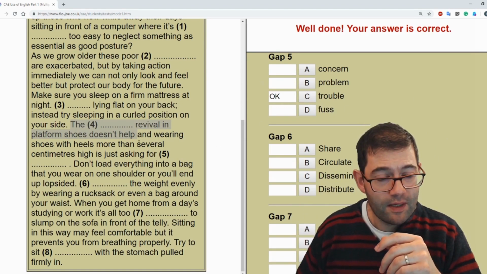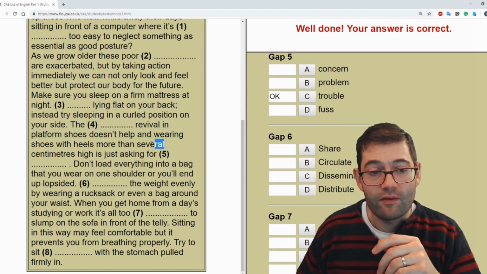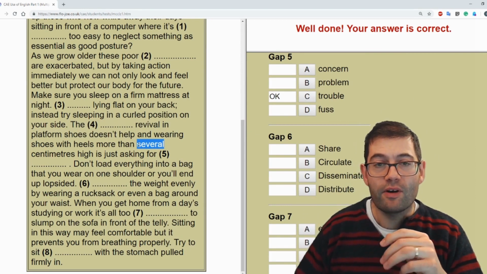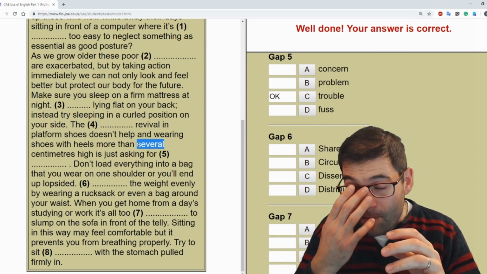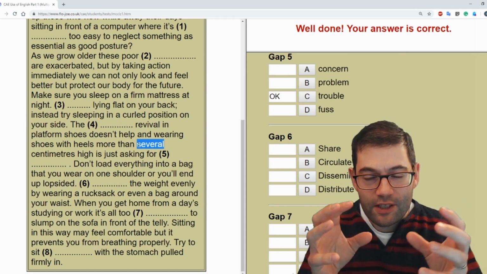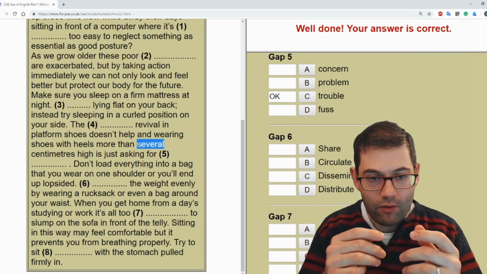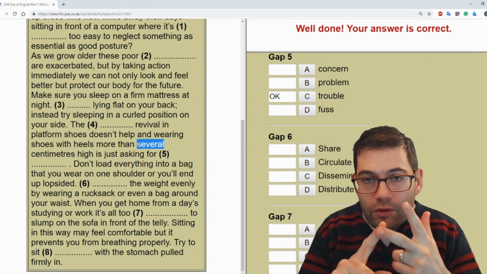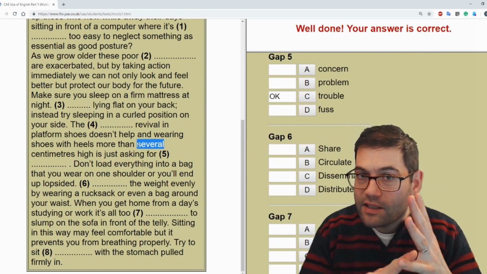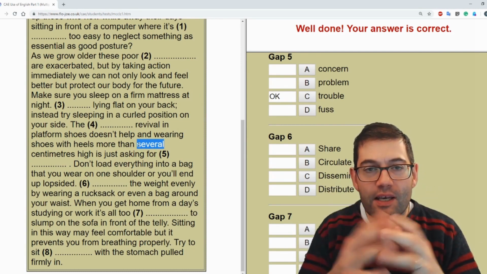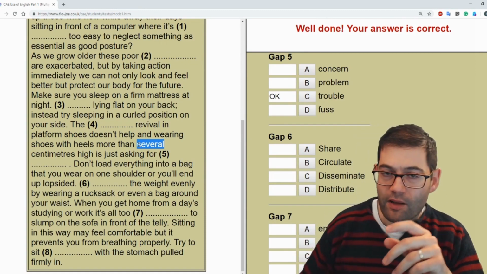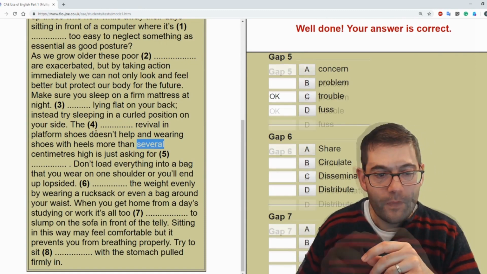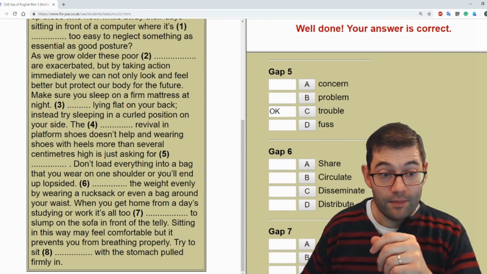There was something else I wanted to say here. Several, yes. In English, there are a couple of ways that we can talk about indeterminate amounts of numbers. Obviously, you know a lot of them already. So few, some, several, tens, dozens, hundreds, thousands, etc. So make sure that you're familiar with that vocabulary as well. Okay, so let's have a look at number 6.